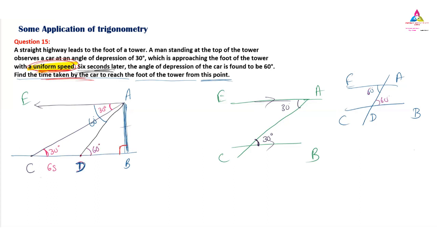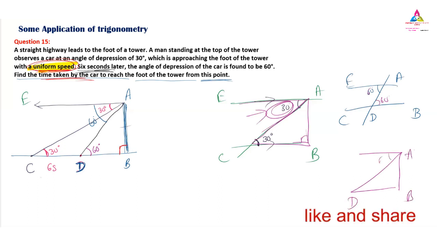Why have I taken it this way? We have a triangle here, but on this side we don't have a triangle. So this 30 degree will not be helpful for us. So we want to find the alternate angle of it. Similarly on this side: A is here, B is here, and here is D, which is 60 degree. So here also we will take 60 degree. The reason is simple: in that triangle we need one angle, that is already here 60 degree, the alternate angle. So this is the way we have to find the angles.